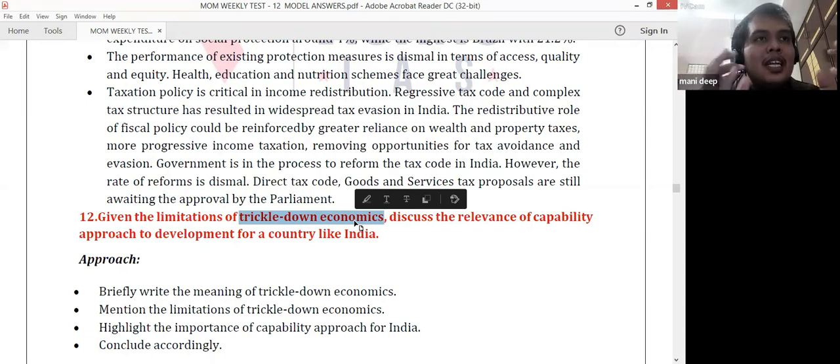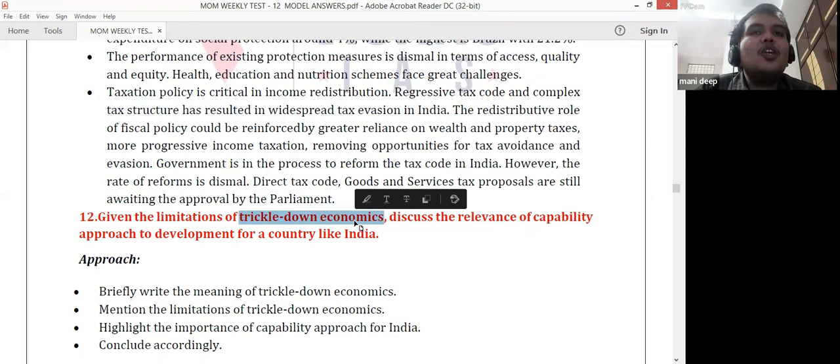So the income or the wealth that is generated at the top level trickles down to the lower level in the form of wages or interest or capital. So that is what trickle-down economics is. They want to accumulate all the wealth and then trickle it down. But as you see, this is not successful because when there is accumulation, trickling down is very slow and is leading to income differentiation or an income gap among the people.